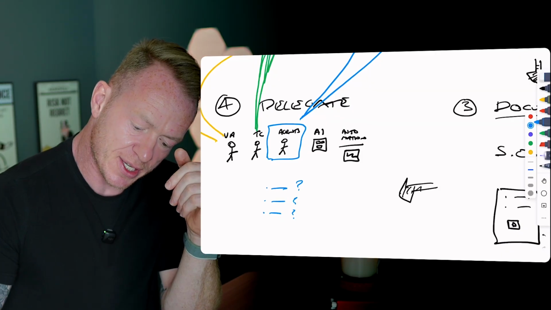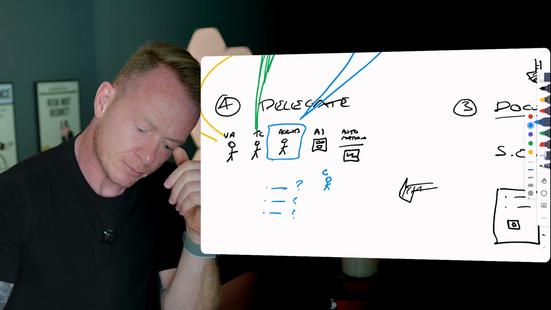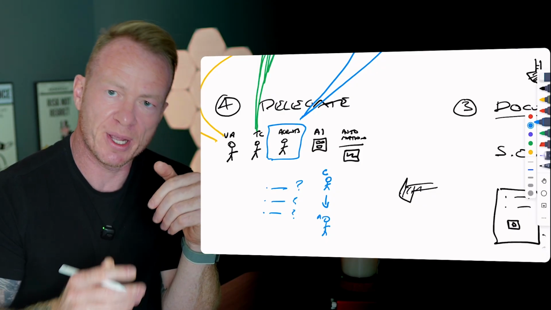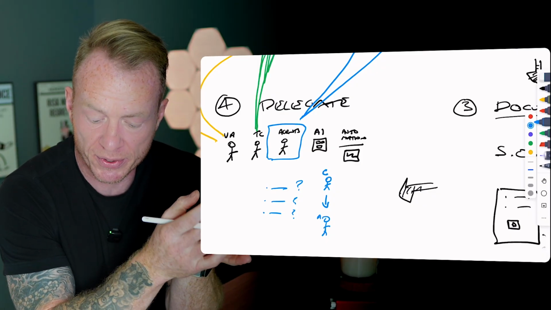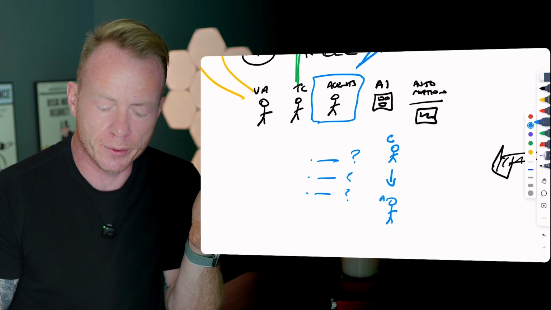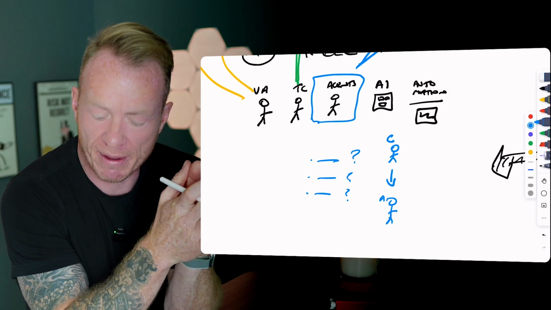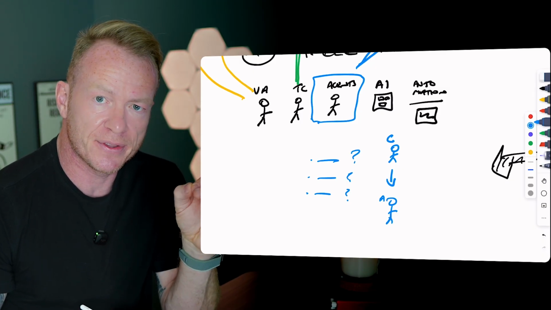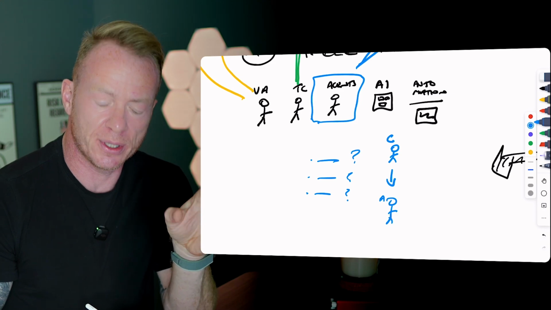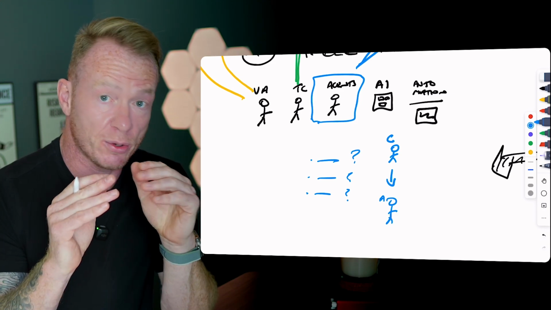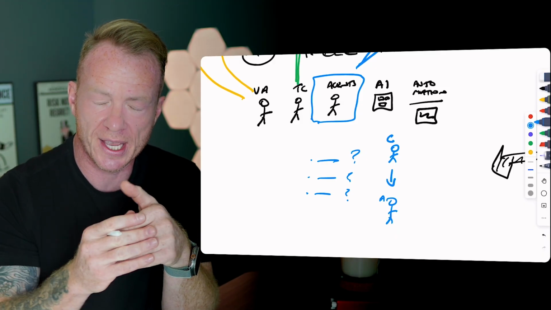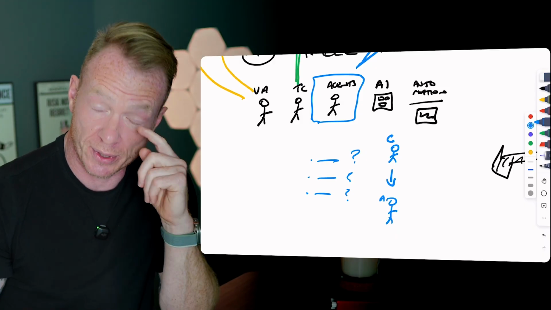Then from there, they'll connect the clients to the agent in either a 3-way text thread, or they might sit down and meet with them, whatever's applicable, to you, and make sure they know, hey, I'm going out of town with my family for 5 days. This is my business partner, Alex. He's going to take care of everything. We work exactly the same way, and he's going to make sure that you are good to go. Do you have any questions for me before I leave? Let me know right now, or let me know in the next 2 days, and we can make sure that you're good and comfortable and ready to go.